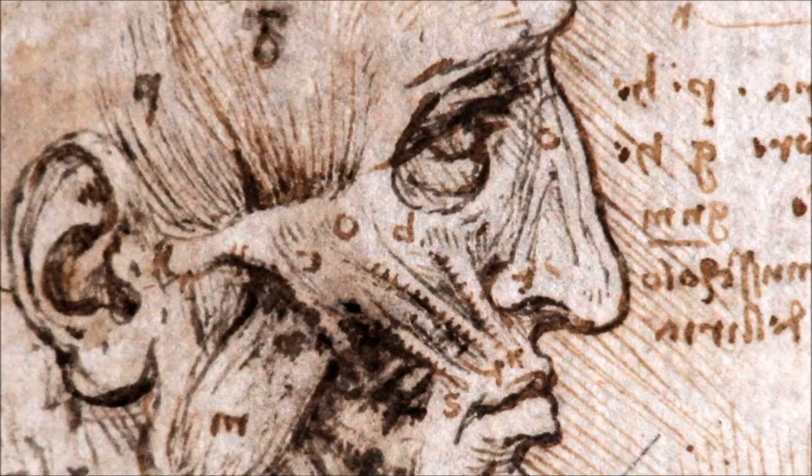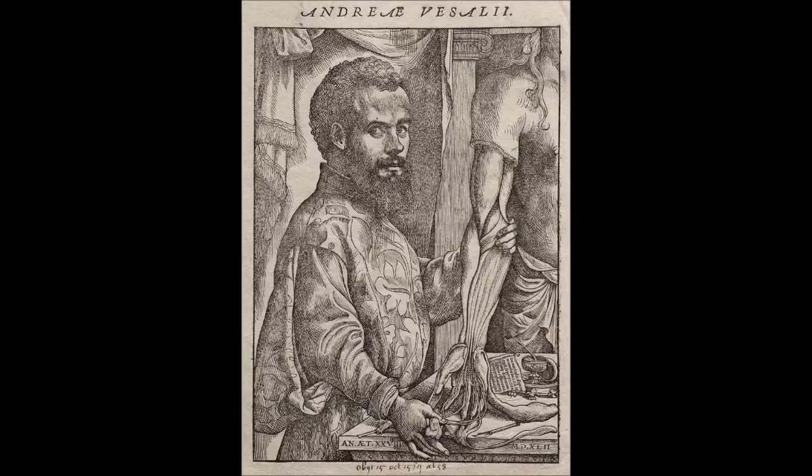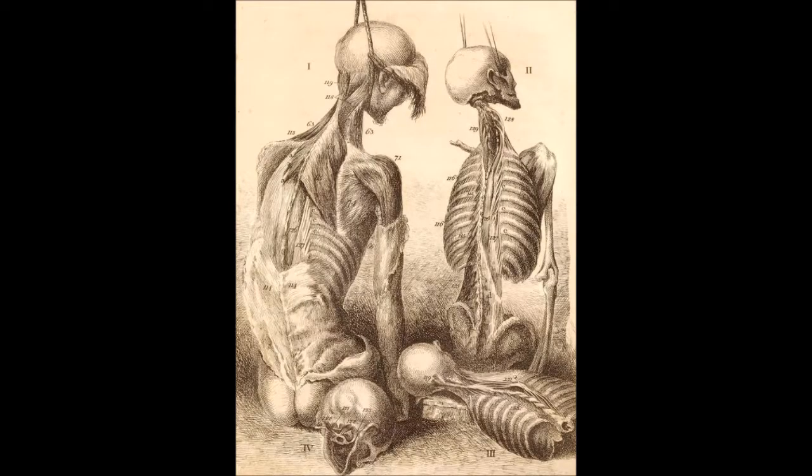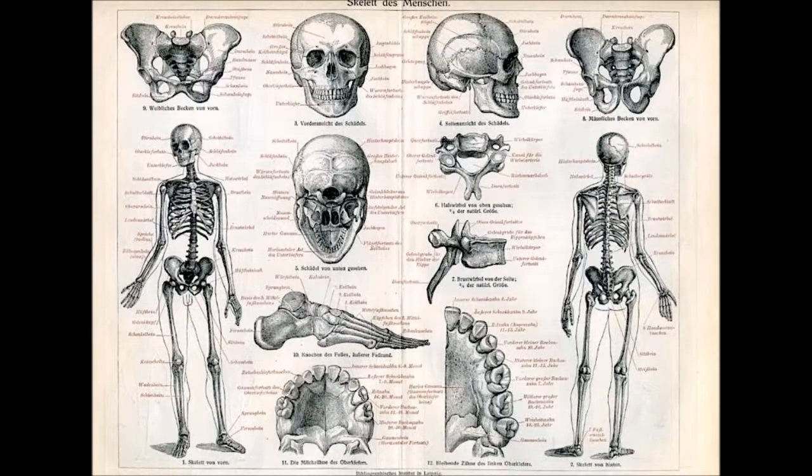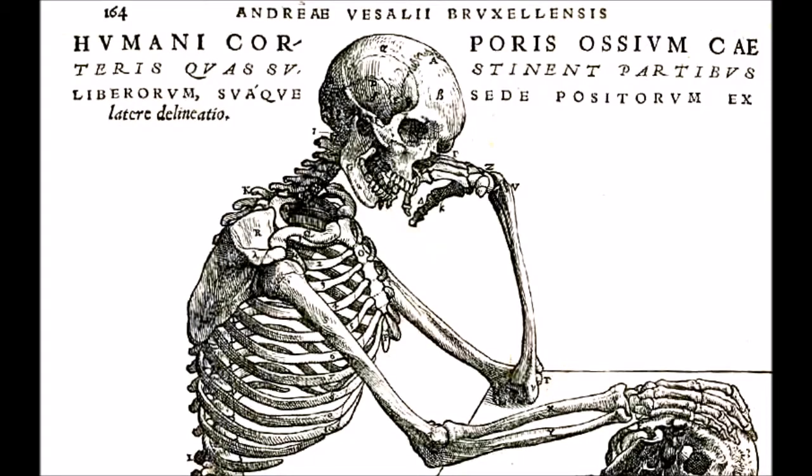These methods truly began to bear fruit with the efforts of Andreas Vesalius, who, unlike Da Vinci just half a century earlier, was free from the restraints of the Church and lawfully permitted to conduct his medically contextualized study of the human body. In 1543 he wrote and published On the Fabric of the Human Body, a set of books on human anatomy which became the standard text for the art and science of medicine and anatomy over the next few centuries.